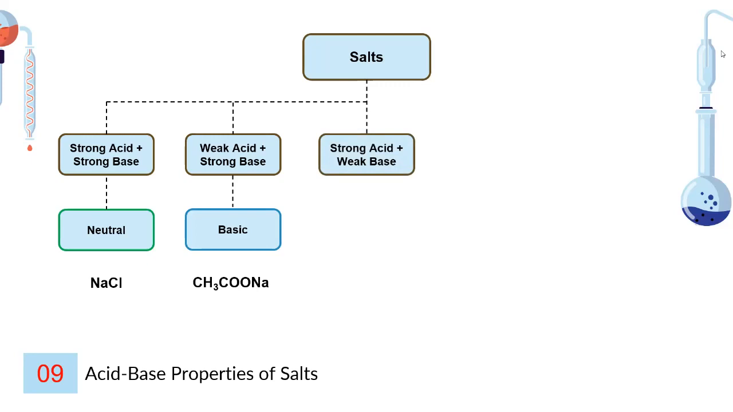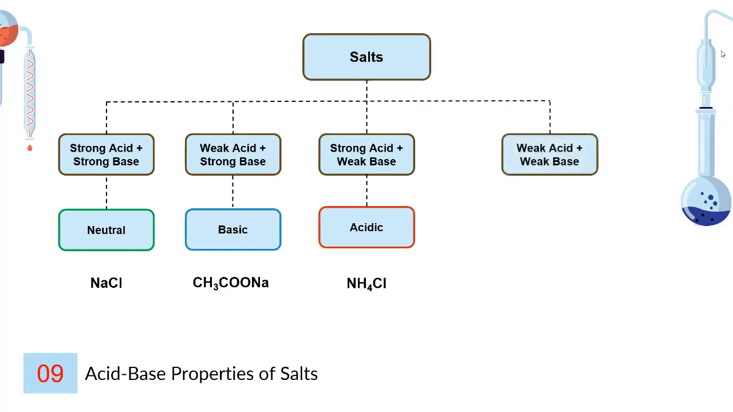Conversely, when a strong acid reacts with a weak base, the resulting salt may exhibit acidic properties. For example, the reaction between hydrochloric acid and ammonia forms ammonium chloride. In the solution, the ammonium ion can donate protons, acting as a weak acid and thereby decreasing the pH of